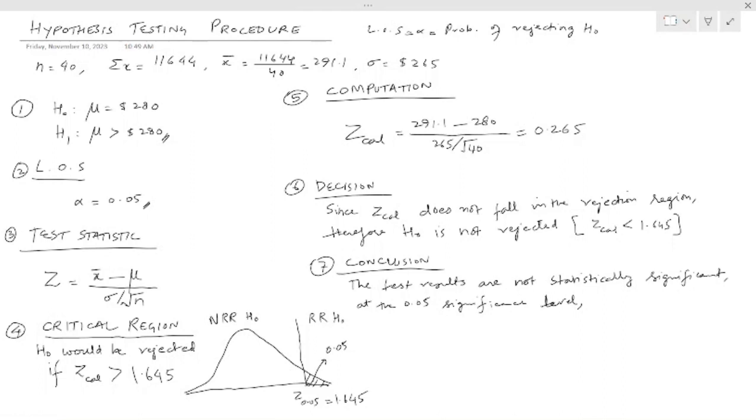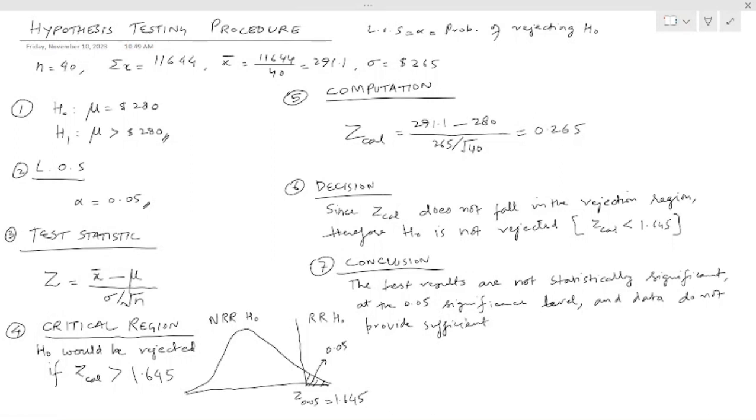So at the 0.05 significance level, the data do not, again we are negating this, do not provide sufficient evidence